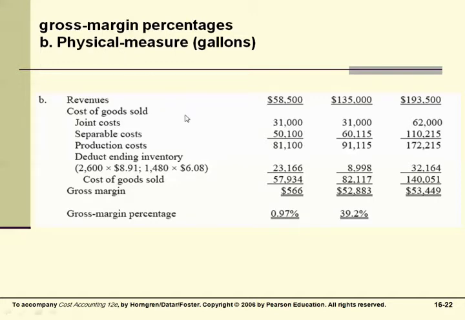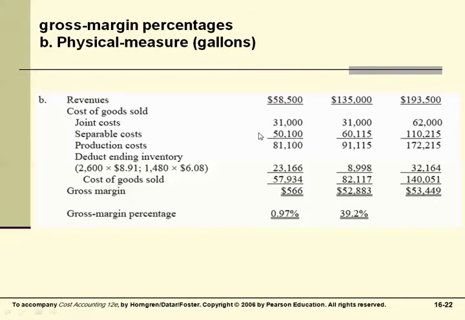Here is the calculation of gross margin percentage. We start with revenues of 58,500, calculated by multiplying 6,500 units by $9 and 13,500 by $10, with the total revenues 193,500. Cost of goods sold: joint costs 31,000 plus separable cost